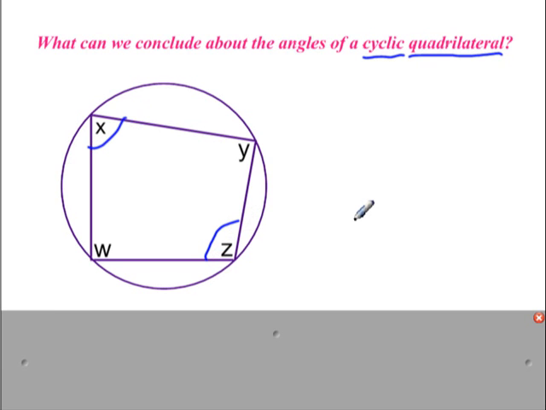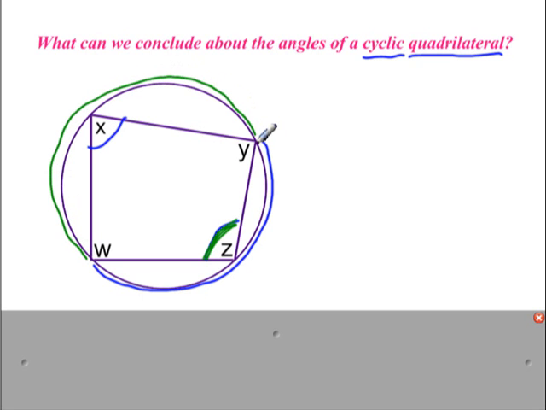So let's look at the arc that's intercepted first by angle X. That arc is going to be this arc, arc WZY. Okay, and now let's look at the arc intercepted by the opposite angle, angle Z. I'm going to change colors here. The intercepted arc is going to be this arc. Now I have no idea right now what the measure of that arc is, but